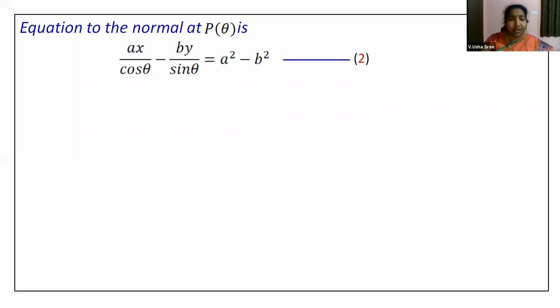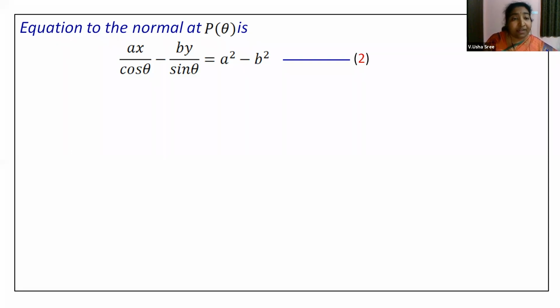Now suppose if you don't know this, then how to go with the condition? If you know the point, then you can always take a perpendicular line form for a tangent and then substitute that point to get the constant. In that way also you can deduce this equation. As of now, we will take it as a formula itself so that it will be very convenient for us to solve the problems.